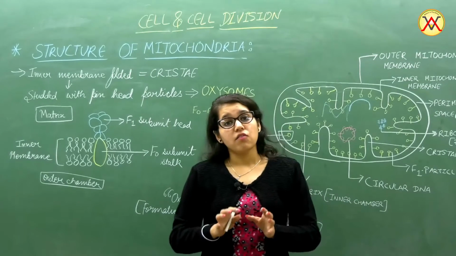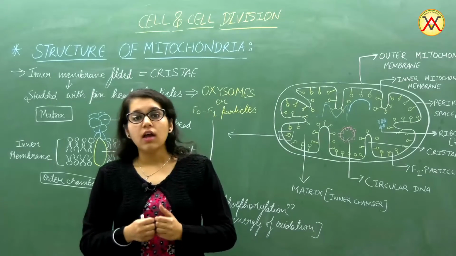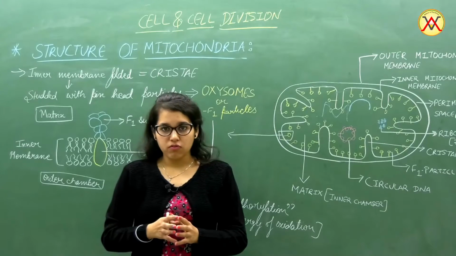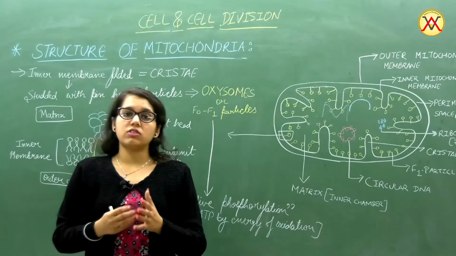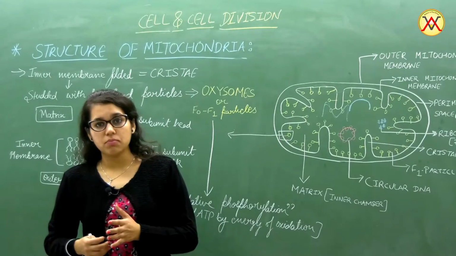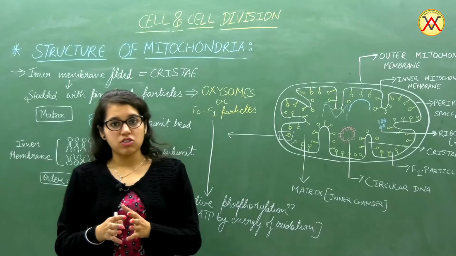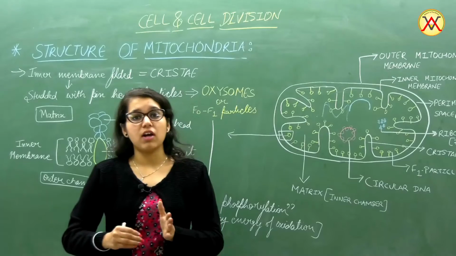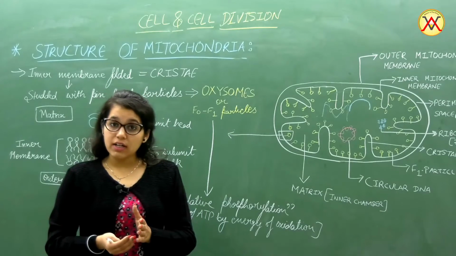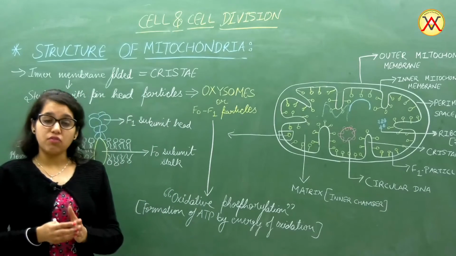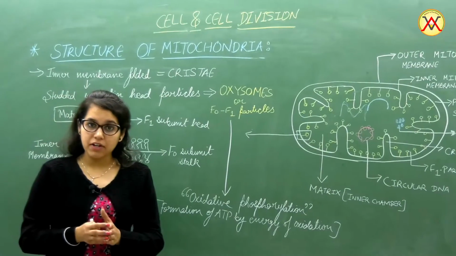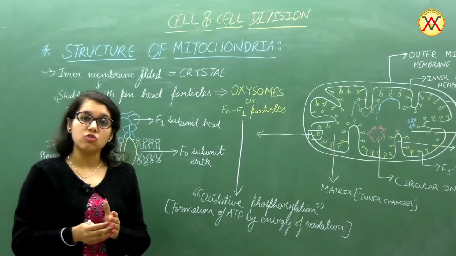Oxidation process: we all human beings consume food, which is stored in the form of glucose. This glucose is oxidized when we take in oxygen by the process of breathing. With the help of this oxygen, we are breaking down the food and producing energy. Ultimately, it is the oxidative phosphorylation which is done in the mitochondria with the help of oxysomes, in which